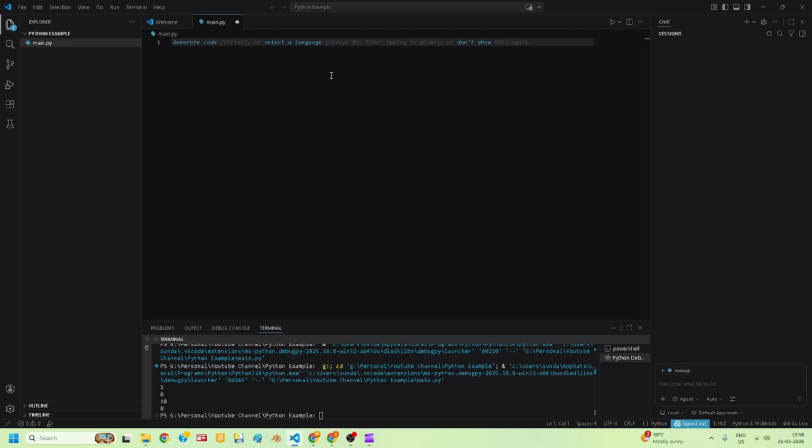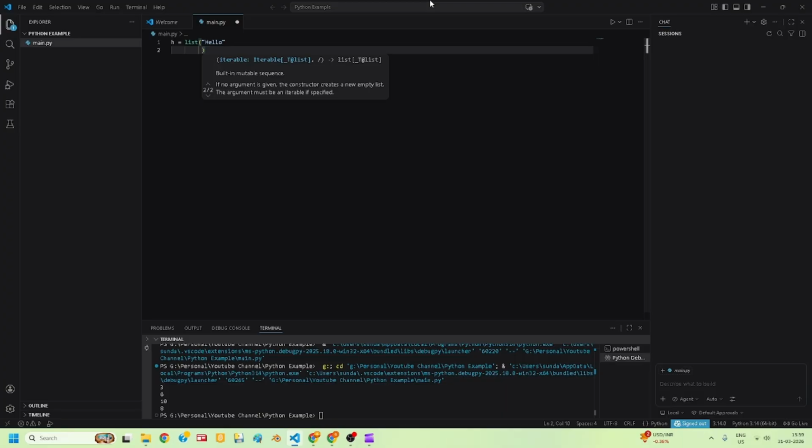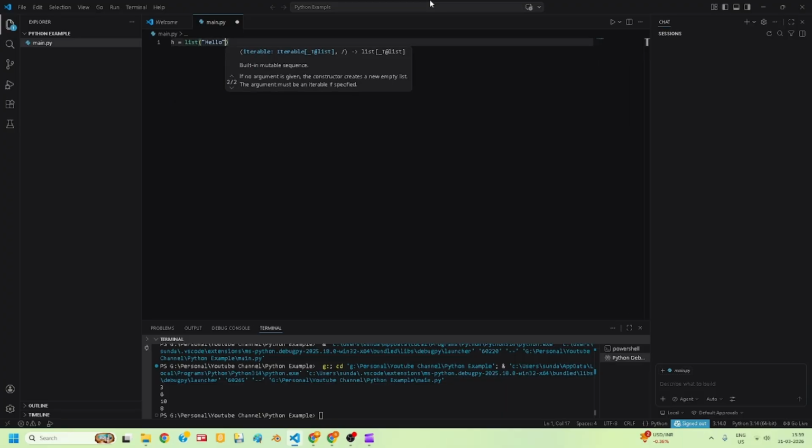And before I end this, I'll just tell some small things about the list. You can also just automatically create a list using a string like this. h equals list, in the brackets, the parameters. Hello. So now if we do